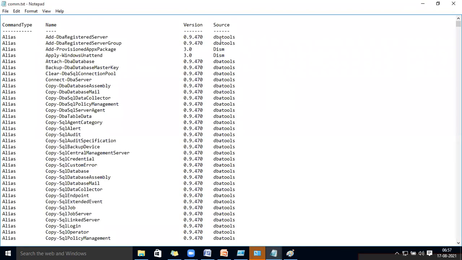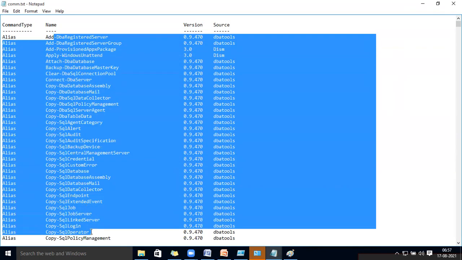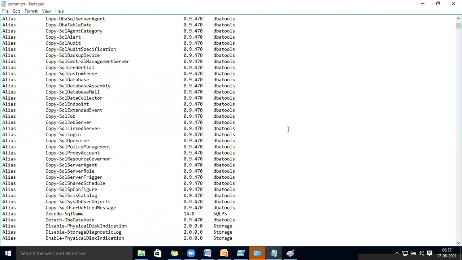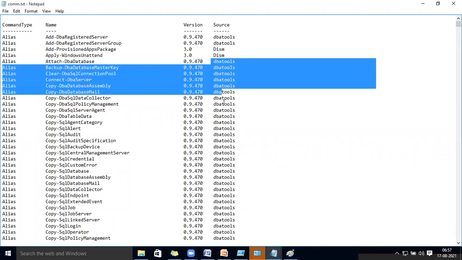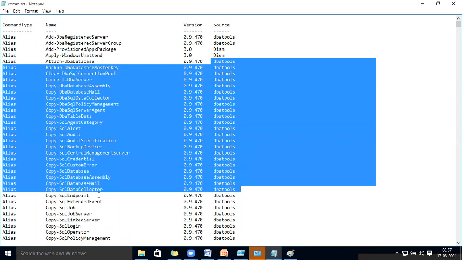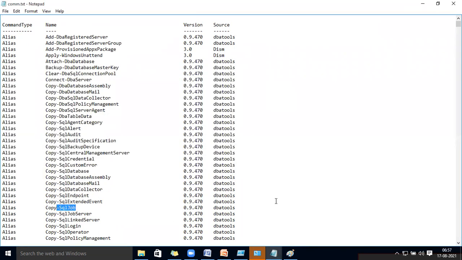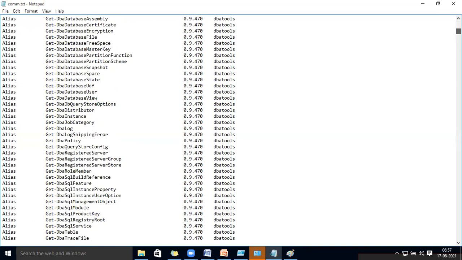So you can see these are the DBA tools commands, with the command source DBA tools. Later you have to work with these, whatever name you call them. These all are the commands in PowerShell that we are going to work with. If your DBA tools is installed, you can see a lot of DBA tools commands. These all are related to databases only. Copy SQL login, if you want to copy from one server to another. If you want to work with a linked server, this is the command. If you want to copy logins, all of this is related to DBA tools. It is all database things.